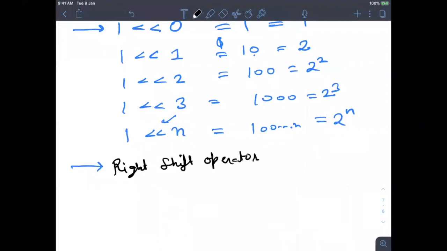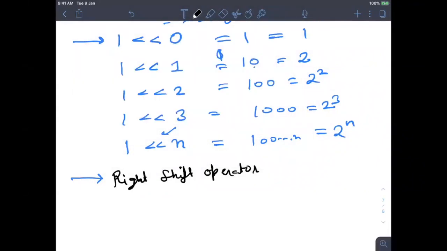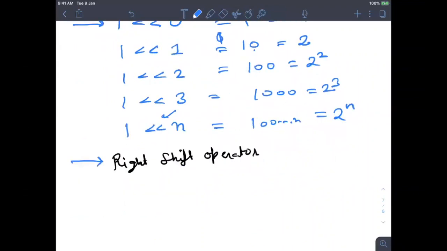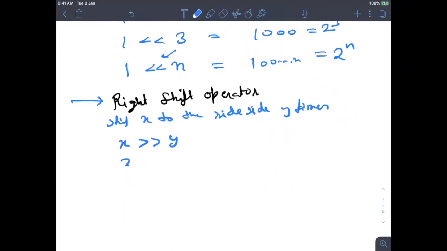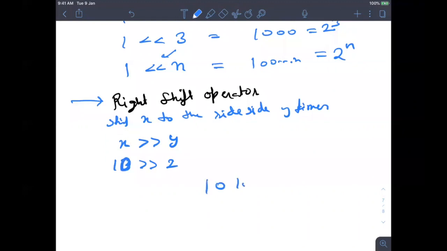So just like left shift, there is right shift. Left shift moved x to the left side, now we shift x to the right side by some number of times. Let's say we have 10, which is 1 0 1 0.